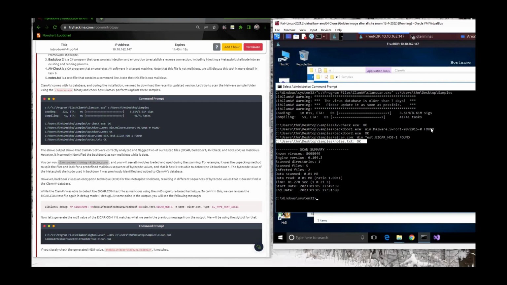That's why it wasn't, or actually it was detected, that one, wasn't it? Backdoor 2 actually was not detected, never mind. XORing the Metasploit shellcode results in a different sequence of bytecode values that it did not find in the Clam database. So that one got past it. However, backdoor 2 uses an encryption technique, so that's why it got past it. So while the ClamAV was able to detect the